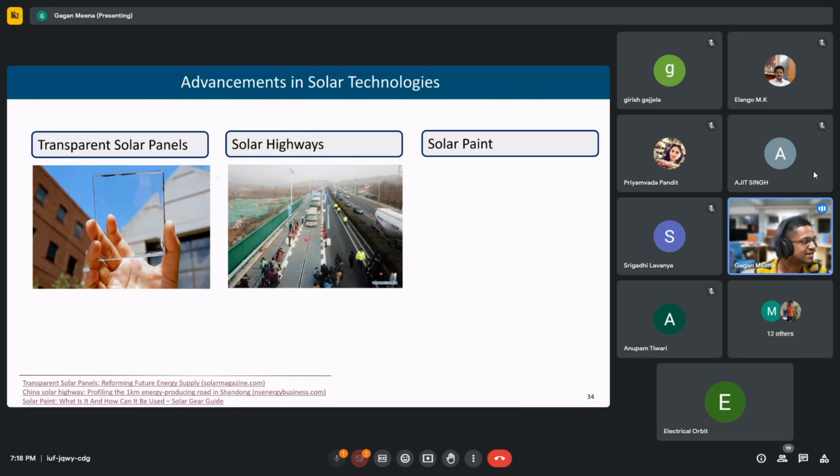We say cities are heat islands because of refrigeration, sorry, air conditioning, transportation, and these glass buildings. We have these huge glass buildings, and all of them have glass. If we use these transparent solar panels, the heat they are producing we can use for air conditioning. An entire building having windows made of these transparent solar panels can help a lot. There are certain companies which have started producing these windows.